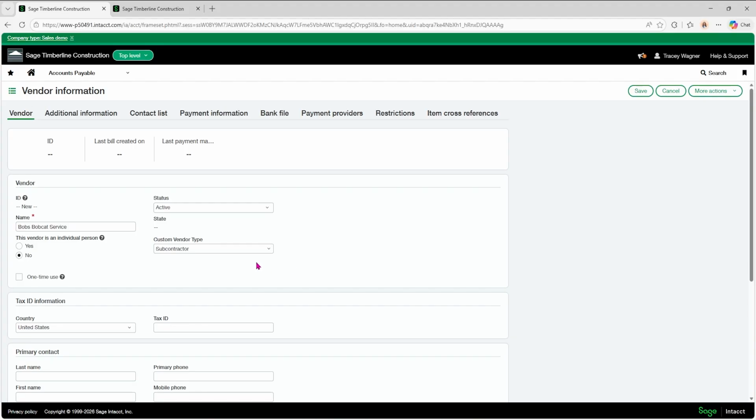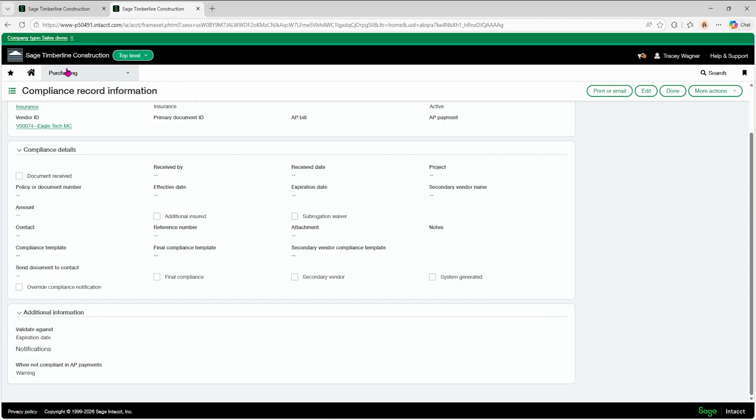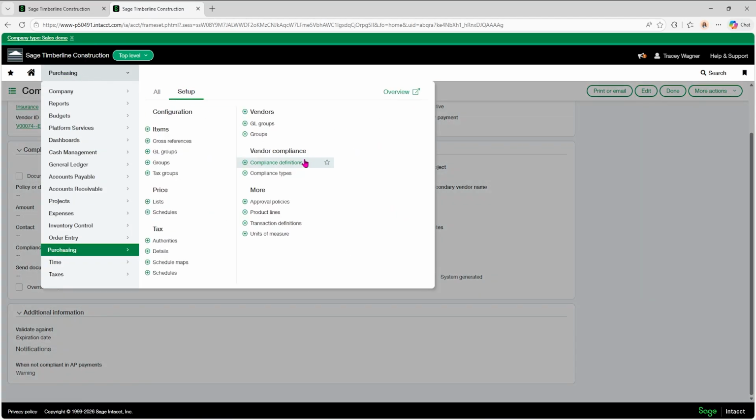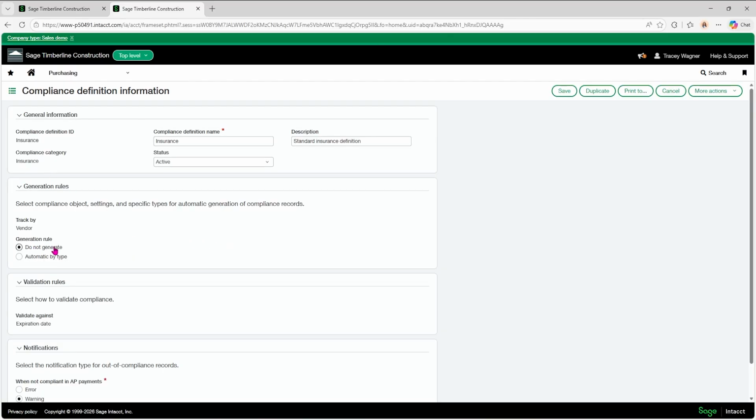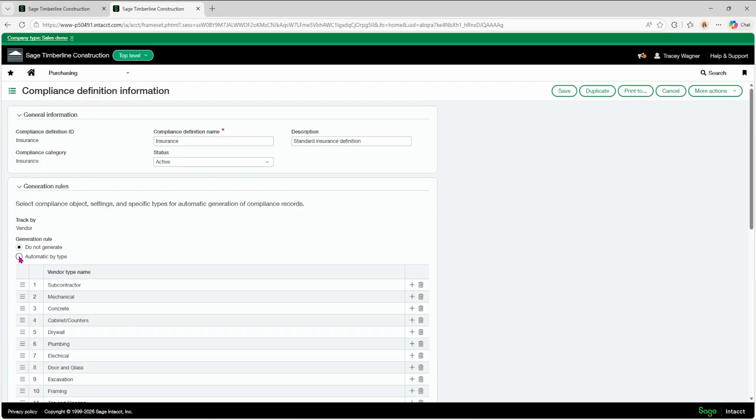And then because of that, when we go to our compliance definition for insurance, we now are not automatically generating compliance records when a new vendor is created, because we do not have the option to do the automatic by type for our custom vendor type.